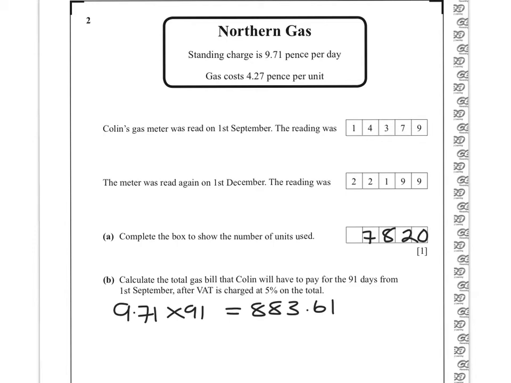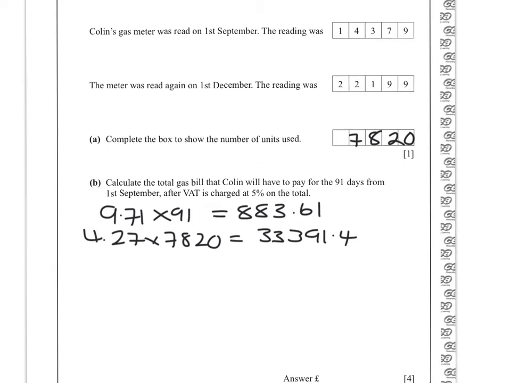883.61. Now that's pence I'm working in at the moment. He will have to pay 4.27 for the 7,820 units, which is 33,391.4. So altogether in pence, he has a total bill of